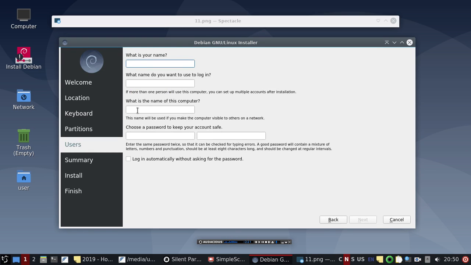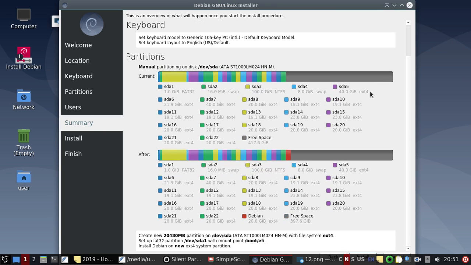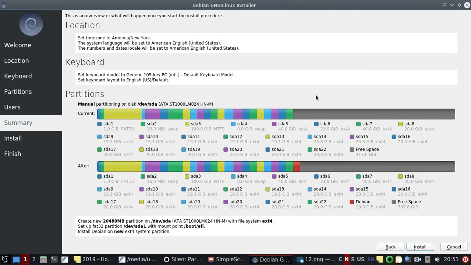The computer name can be like Debian or whatever name you want to use. I'm going to pause and create my username and password here. So you're going to create